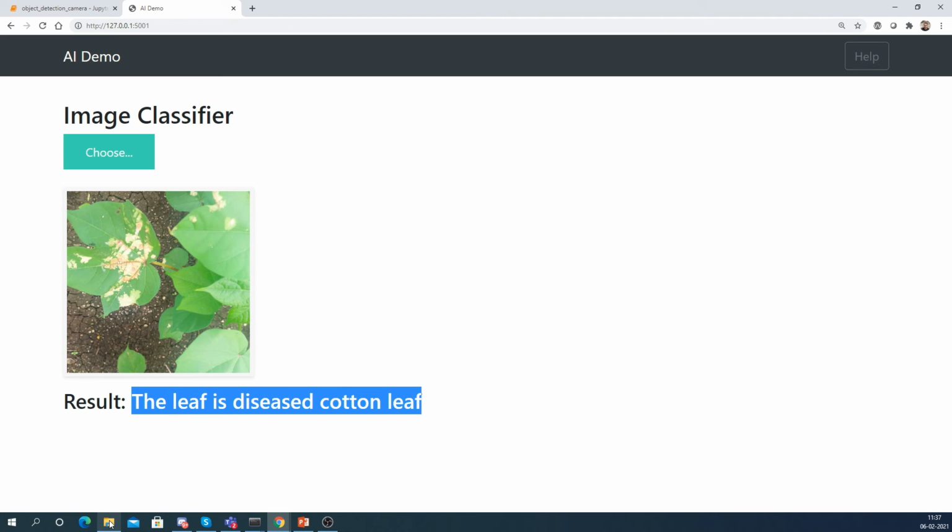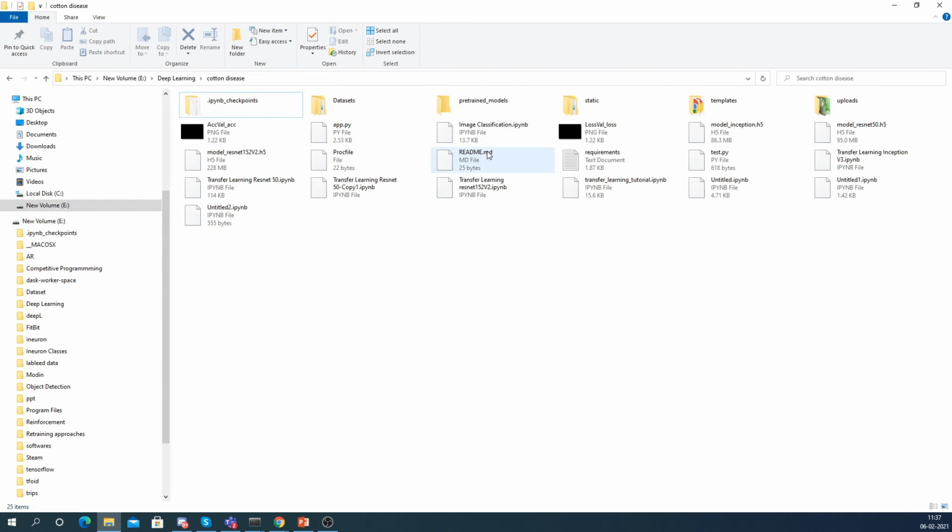Now for this, what I have done is that we have trained our model by using different image classification techniques, and all these tutorials are available in my YouTube channel, because if I try to do it right now, it will probably take more than half an hour just to train the model. So I don't want to focus much on that, but everything, this kind of stuff, is available in my YouTube channel. Okay, this is my model file, which is called ResNet50. I will probably be using this, and I'm getting an accuracy of more than 90%.